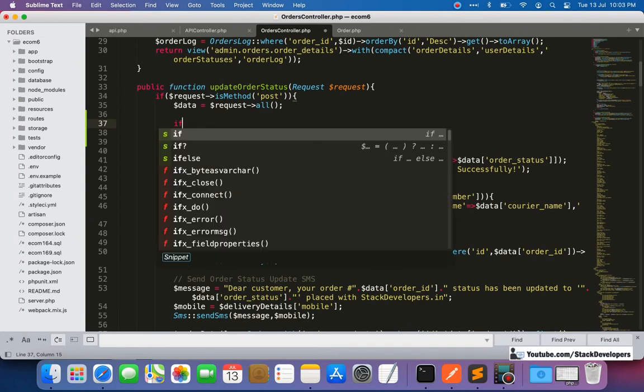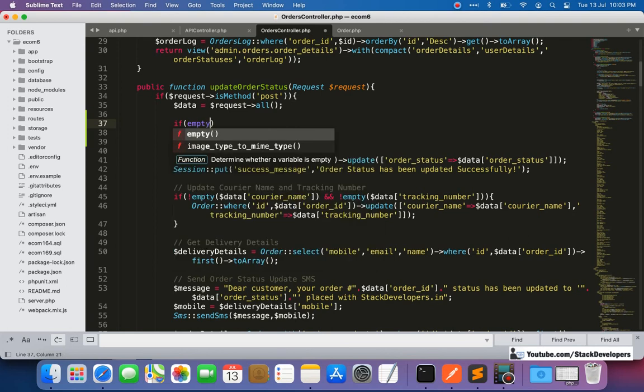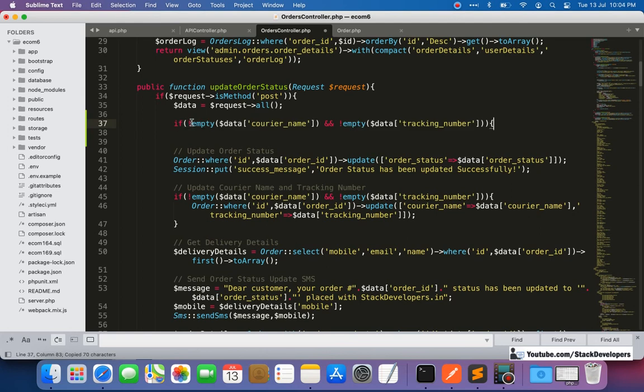So we add an if: if courier name is empty, if tracking number is empty, and